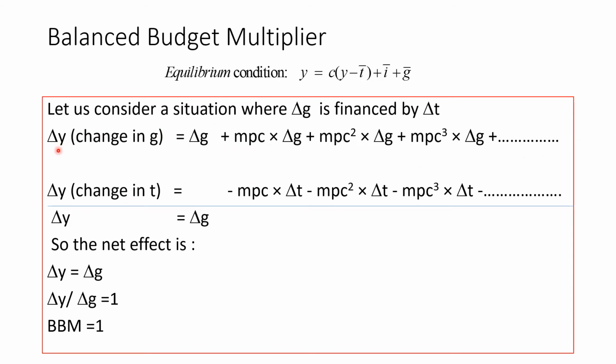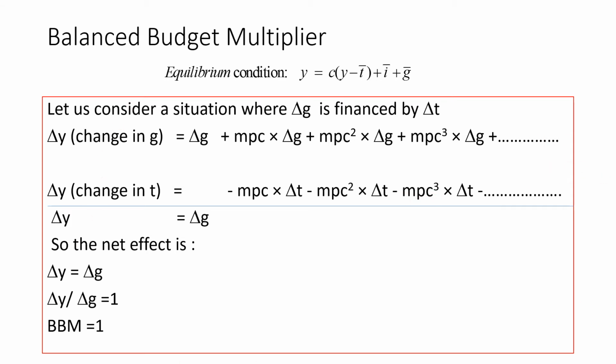So how is Y going to change with the change in government expenditure? You know the multiplier mechanism: delta G, first round MPC into delta G, second round MPC square delta G, MPC cube delta G, and so on and so forth. And at the same time, when you change delta T, the negative sign, as you know, is due to the fact that if you raise T, Y will fall. If you reduce T, Y will increase. So there was no direct effect. Remember that slide? So all the effects are actually induced effects, and that started with minus MPC delta T bar, minus MPC square delta T, then minus MPC cube delta T,